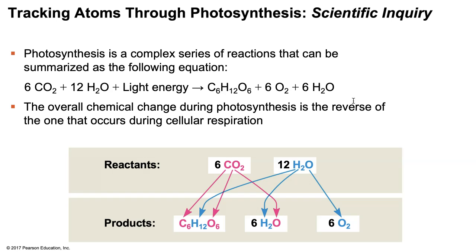Now, it is a little bit different from the cellular respiration one. What they figured out a little bit later on is that photosynthesis just requires a couple extra waters to get it going, but it also creates waters. So if you were to balance out this equation, you could cancel out 6 waters from here, 6 waters from here, so this will be gone, and this will now read 6 H2O, and then that will be the exact